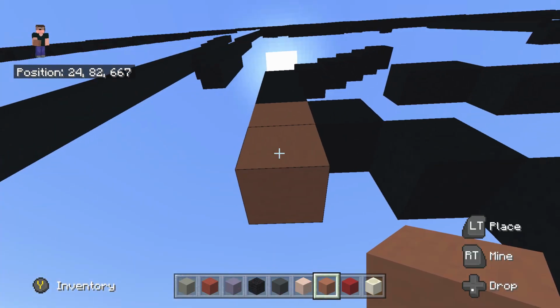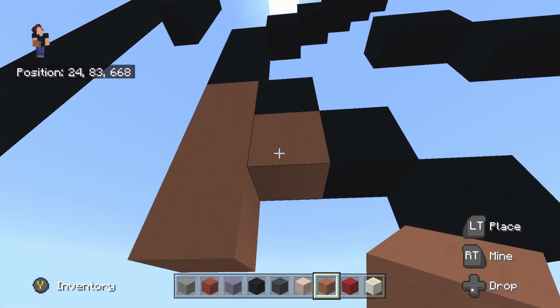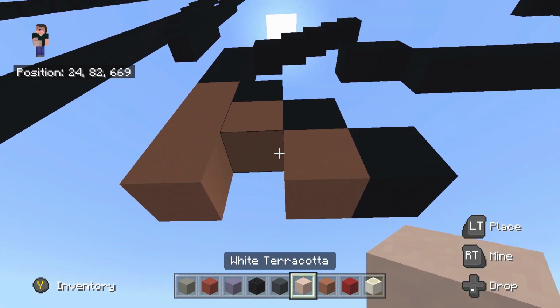So 1 and 2. We then want to place 1 to the right, then fly to the left by 1 and place 1 underneath. And fly back to that one that we placed to the right, so back to here, and then do a bottom right diagonal. Once we've done this, we're going to take out our white terracotta, but we want to make sure we only